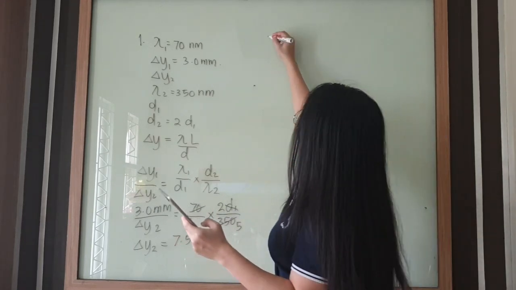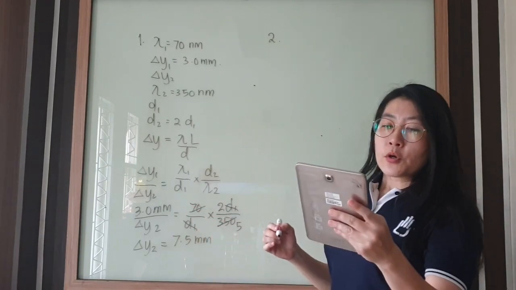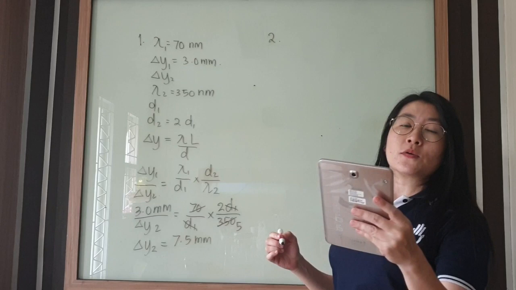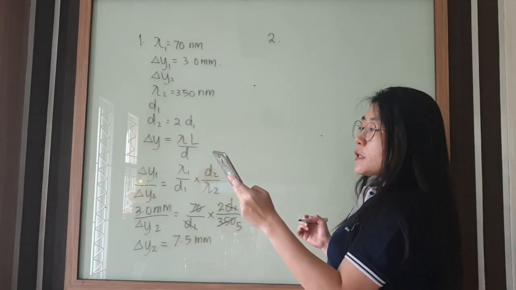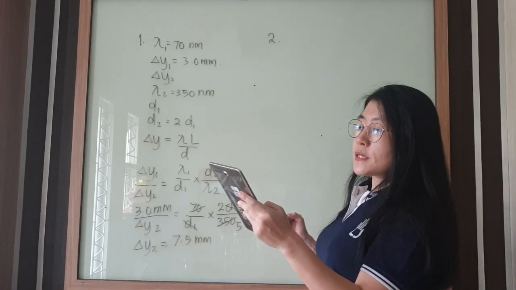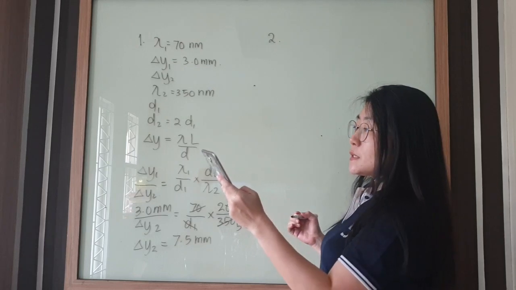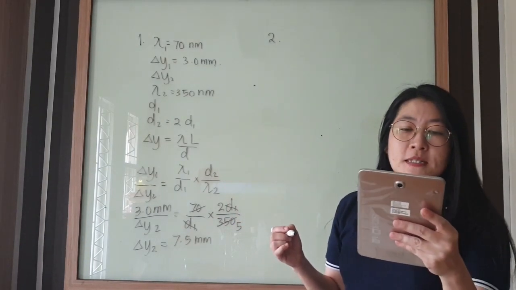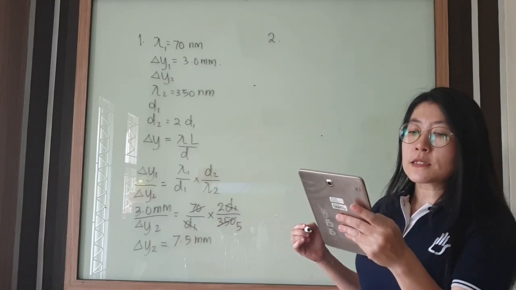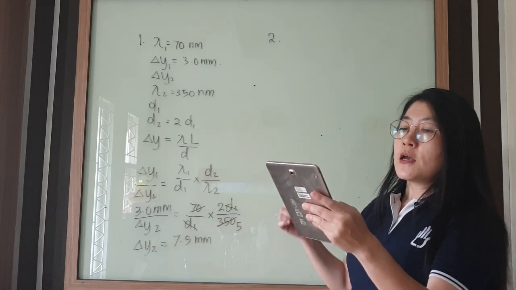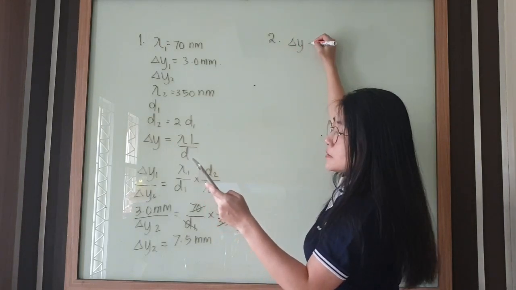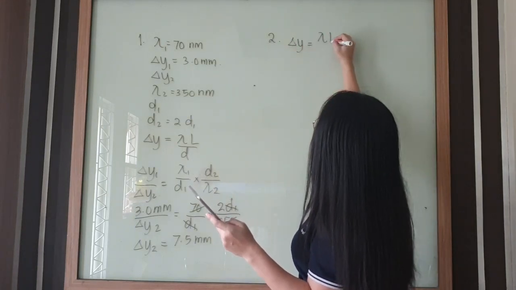Number 2, monochromatic light illuminates two narrow parallel slits. So this is Young's experiment. The interference pattern which results is observed on a screen some distance beyond the slits. Which change increases the separation between the dark lines of the interference pattern? The separation between the dark lines is delta y, and we know that delta y is equal to lambda L